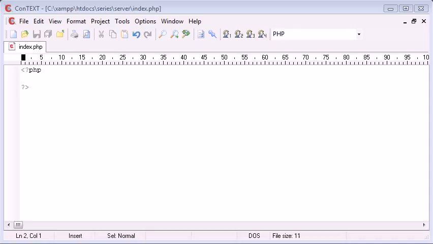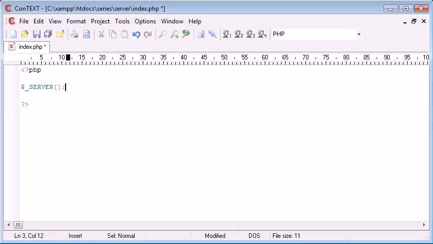Now in this video tutorial and the video tutorials that are going to come after this in this short server series, we are talking about a predefined variable in PHP called $_SERVER. Now you may have seen this before if you've dealt with PHP before. Server is a predefined set of environmental